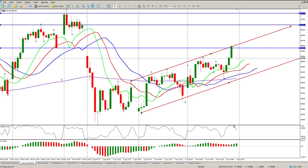And we are pretty tired here. So I'm expecting some kind of a pullback soon. I just can't pinpoint exactly where it is. So the one thing that I do see is if we do break above this,